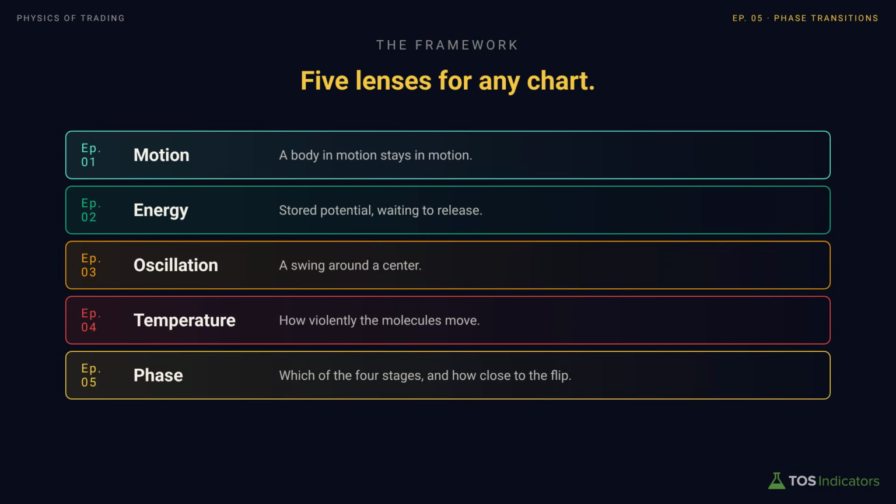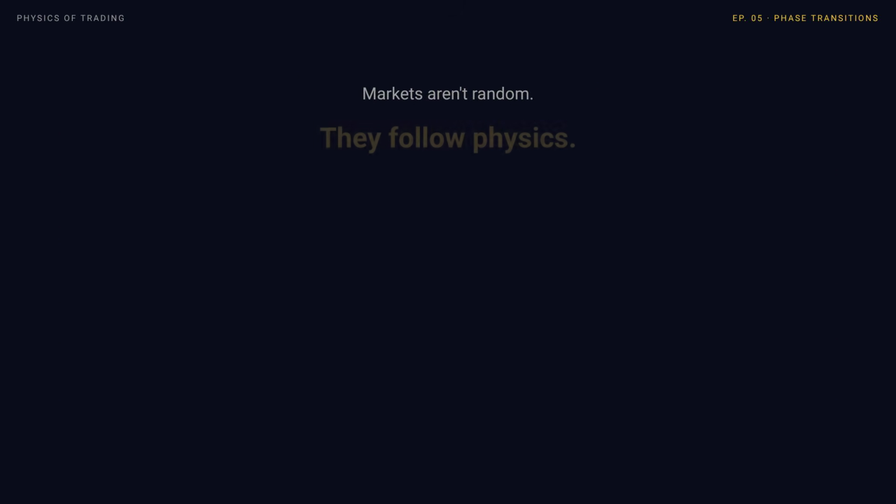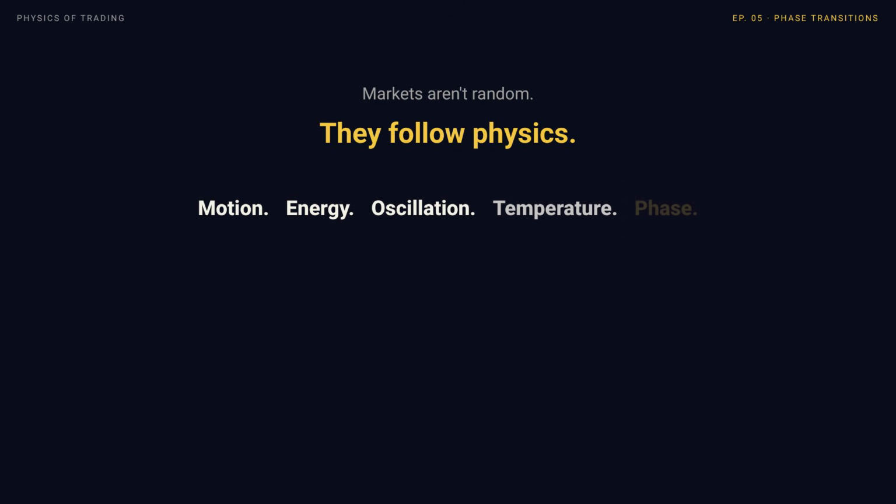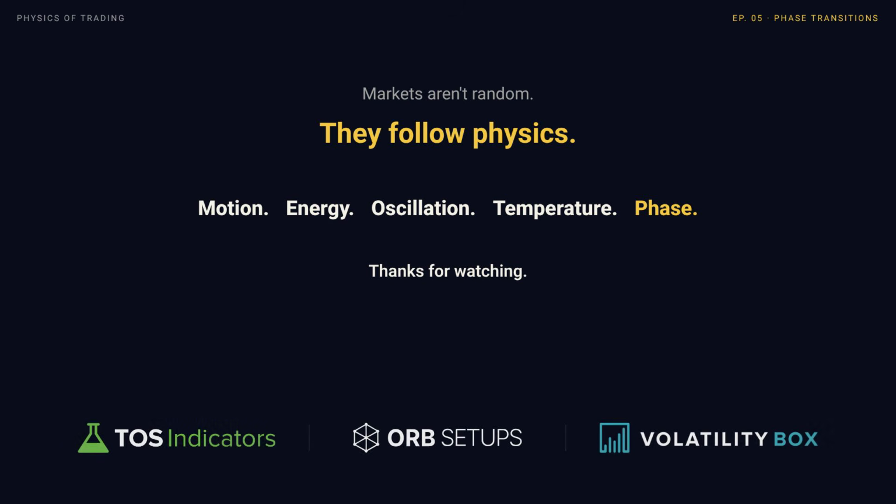Most charts you'll look at for the rest of your career are some combination of these 5 ideas. A trend in acceleration would say rising temperature, or maybe an oscillation in a period of distribution where you're starting to see price compress. I hope through this entire series, you've understood now how to tie this back to real world concepts and use that to better understand the market through a lens that few can, and use that to become a better trader. Hope you found this series helpful.